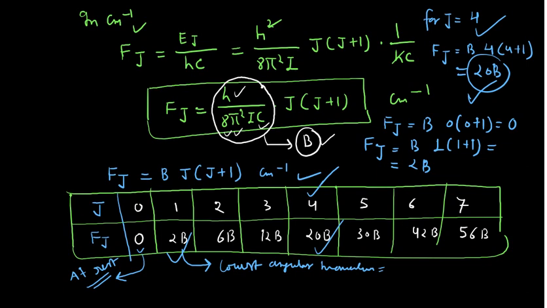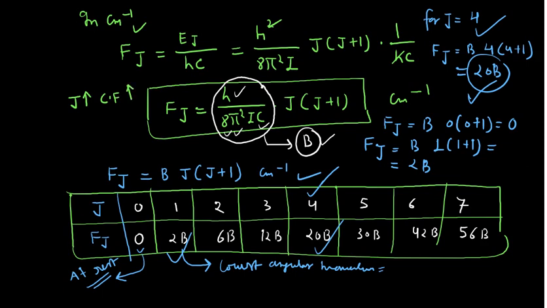See, in general there is no limit of these J values. Okay. Say I have put J equals to 0, 1, 2, 3, 4, 5, 6, 7, 8, you can go up to infinity. So, in general there is no limit to the rotating energy of a molecule, you can have any value. But what happens actually when your molecule is rotating, the centrifugal force of the rotating molecule increases with the J value. So, what will happen in that case? You can see here, when J value increases, then centrifugal force also increases.